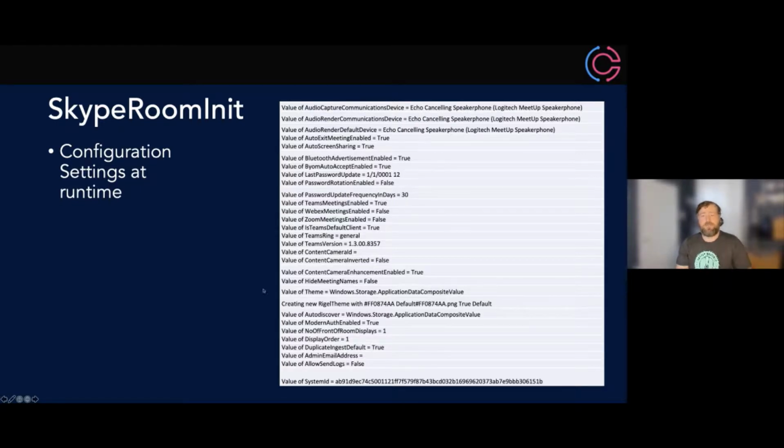And then a handful of other things in here that help you build that chronology of when you're talking with, let's say, on-site IT support. Yeah, I set that setting. Absolutely, I set it for dual displays. Whereas if I look in the value here, I can see number of front of room displays is configured as 1. I know that there's some kind of conflict, and it provides a level of objectivity and empirical data that